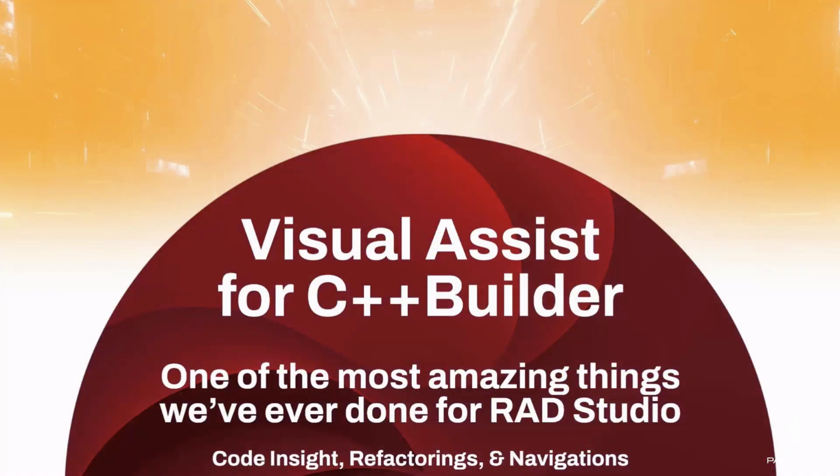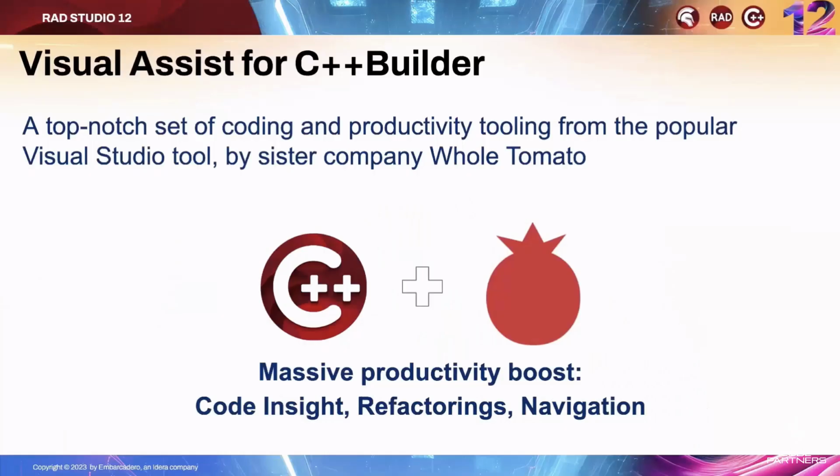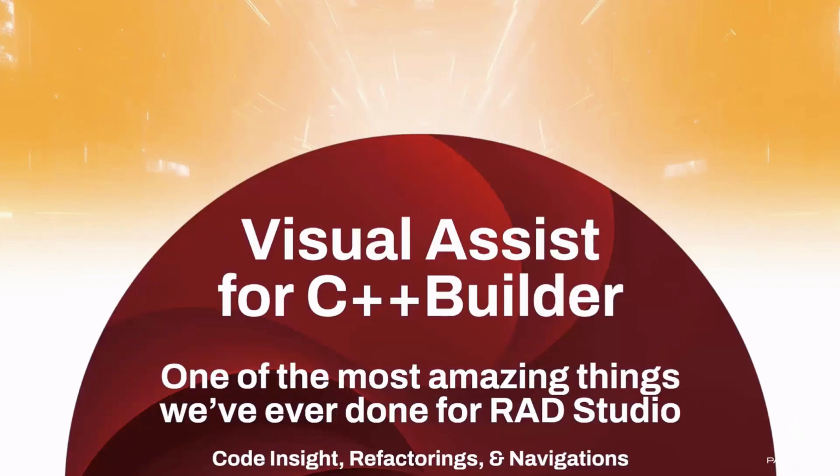I want to start with what I think is one of the most amazing things we've ever done for RAD Studio, and that's the inclusion of Visual Assist for C++. Visual Assist is a sister product within IDERA, and it's a productivity plugin for C++ and C# developers using Visual Studio. Pretty much any software you use has been written with its help. I can't name names, but I can say that you've likely used multiple items of software already today, or even possibly to watch this right now, that Visual Assist helped create. It really helps productivity, and it's been a key part of Windows C++ development for years, and now it's joined